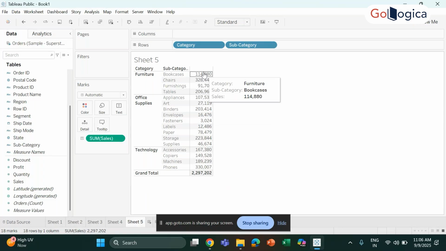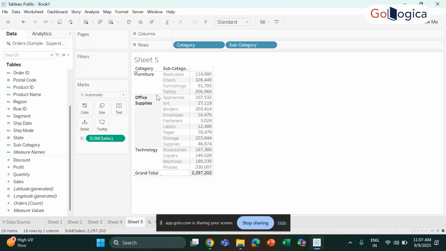For 23 lakhs, it is 1 lakh. For 1 crore, it is going to be how much? 5% or something, 5 to 6% of business happens. I want to display that in the form of percentage. So it's 1 lakh 14,000 divided by 23 lakhs into 100. If you have to get that kind of a percentage, what we can do is,